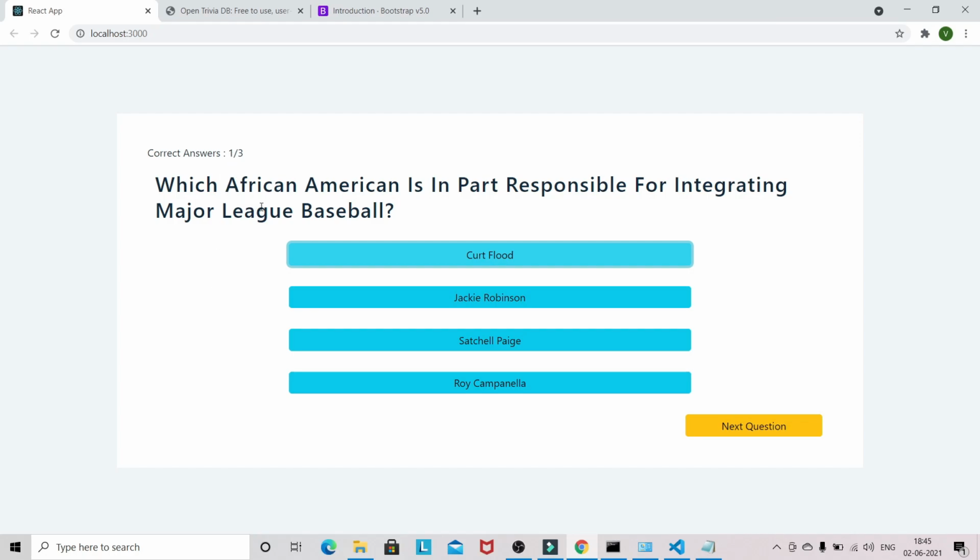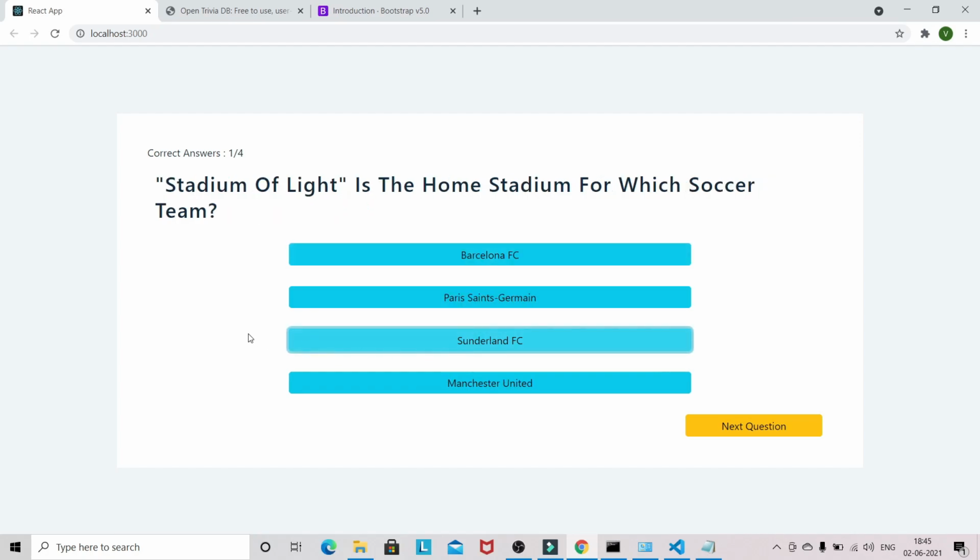You can see that I have answered one correct answer out of three questions, and this is where you can see how many correct answers you have given. Which African American agent was responsible for integrating Major League Baseball? I don't know. Stadium of Light is the home stadium for which soccer team? Don't know.